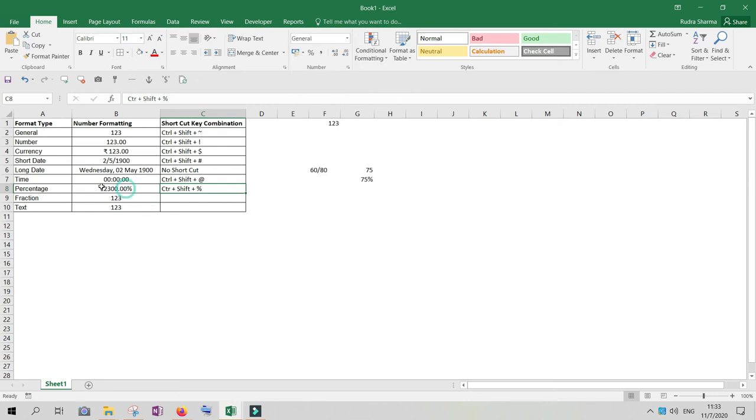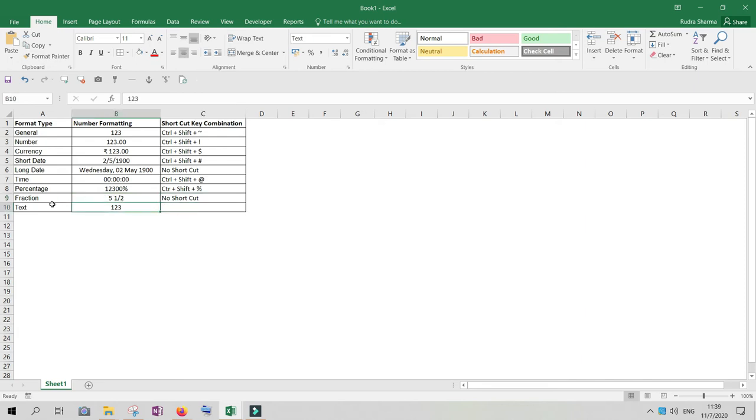If I do this with the shortcut method, this 0.00, the decimals will be gone. Let me show you. So 12300 is a whole number, so it's not showing anything. Let's write 5.65, 2/3. 5.5 is 5, 1/2. So this is how it works. There is no shortcut. And text.